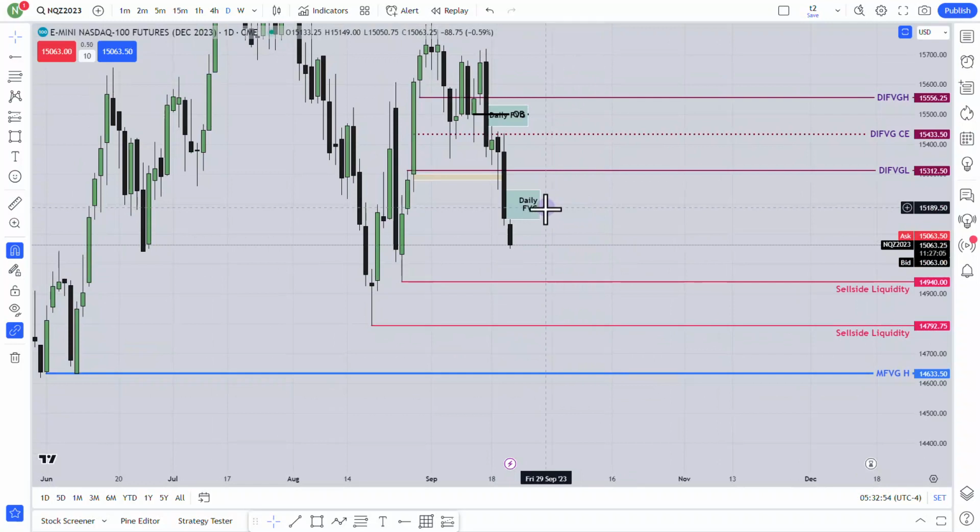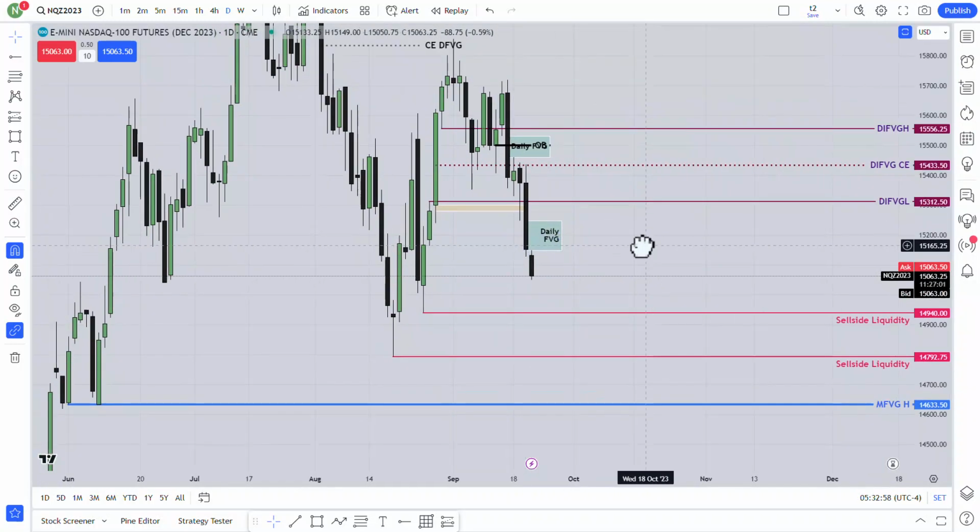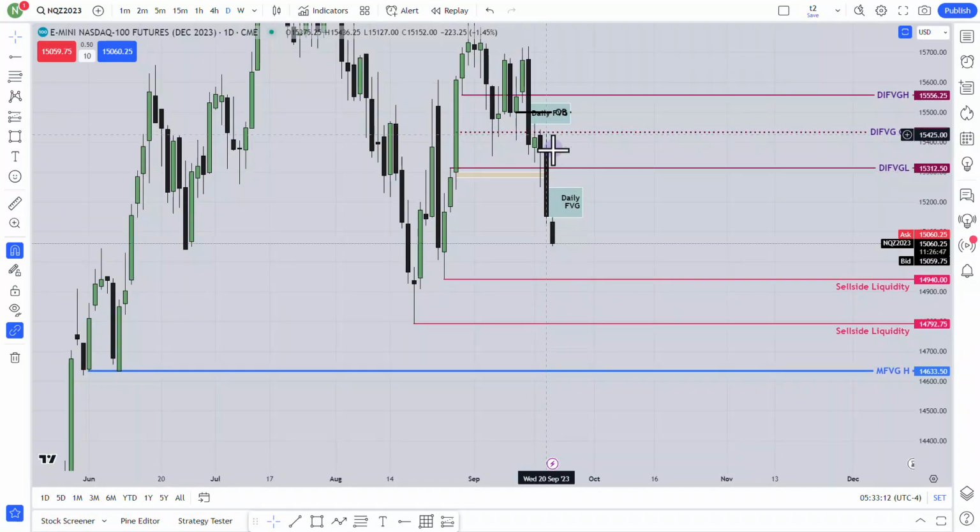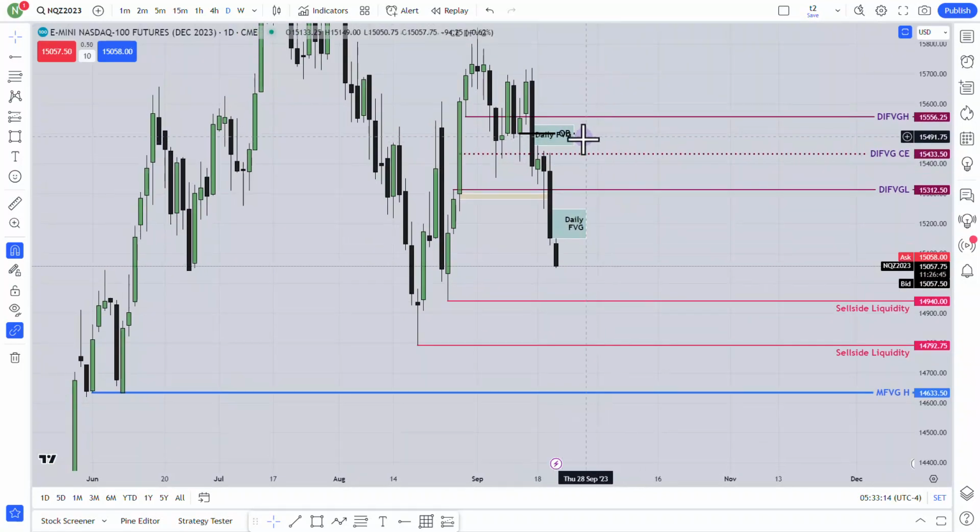I told you in S&P that this daily fair value gap is very important for me, and it will be easier for me to explain in Nasdaq. The reason is I was expecting yesterday that the market would trade the order block as well as the daily fair value gap. Instead of that, the market traded away from that gap. So what is it? Have you watched my breakaway gap video? Please watch that. I told you that if the market doesn't trade the first gap, it will act as a breakaway gap. So this is my breakaway gap.